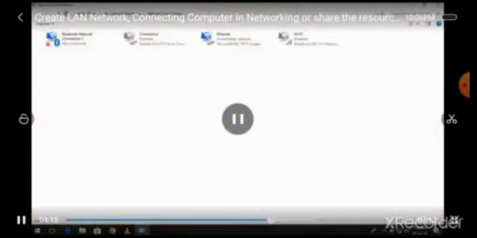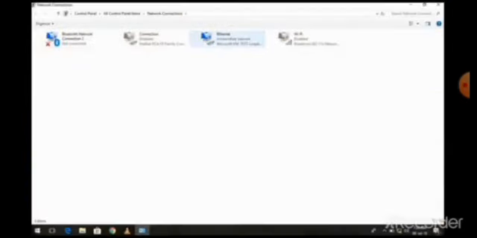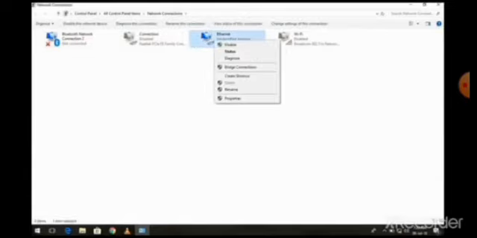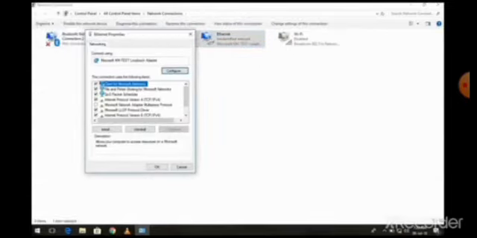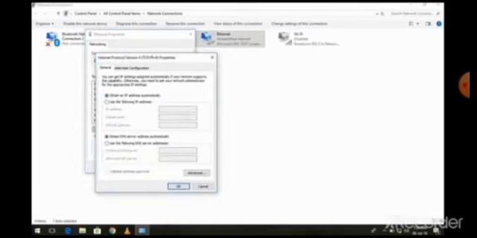Simply right click on the internet connection icon. After that, it will open the Network and Sharing Center. There you will see a LAN connection icon. After right clicking on that LAN connection icon, there is the option Internet Protocol Version 4, TCP/IPv4. In that section, you simply set an IP address on the computer, anything that you want to set.